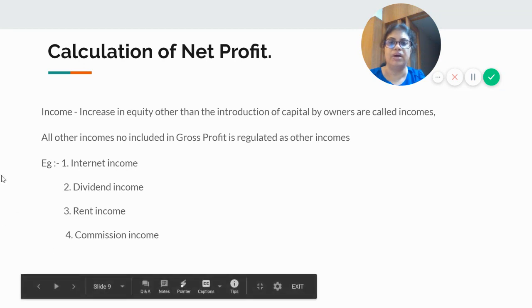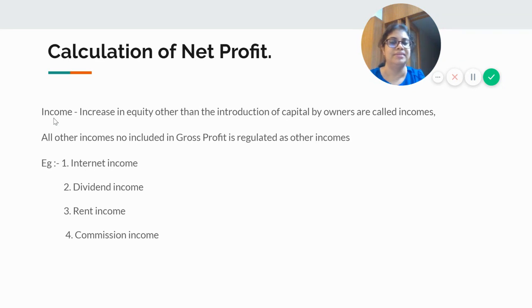Okay, thereby let's see what these incomes are. You all have done all these terms in grade 10, but I'd like to pay your attention again to brush up your knowledge here too. So income means the increase in equity other than the introduction of capital by owners. Other than the additional capital, if you can see an increase in your equity, or the ownership,